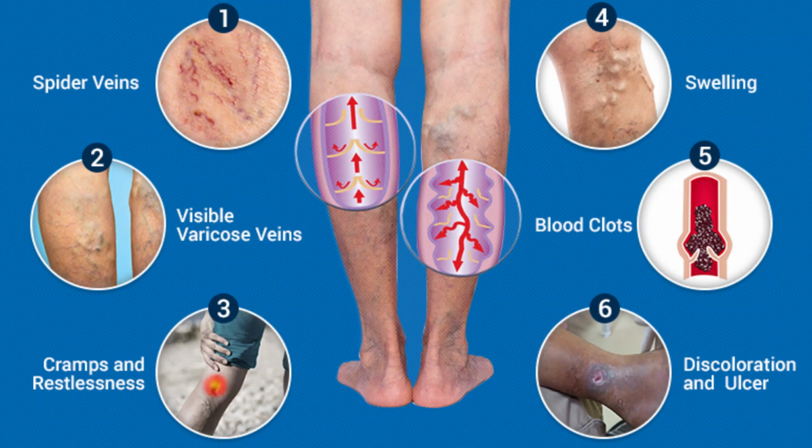The second complication is blood clots. Occasionally, veins deep within the leg become large. In such cases, the affected leg may become painful and swell. Any persistent leg pain or swelling warrants medical attention because it may indicate a blood clot. It's a condition known medically as